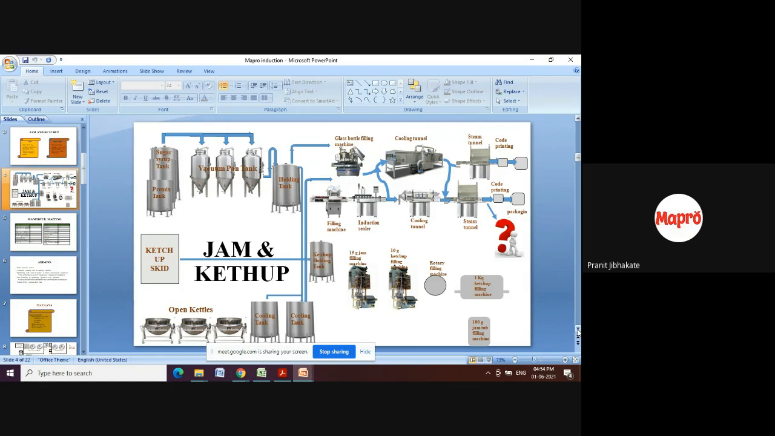Then after adding those, we again boil it to 40 to 42 degree Brix. Then we add preservatives. In ketchup, color and flavor are not allowed by FSSAI. In jams, jellies and marmalades, colors and flavors are allowed, but in ketchups they are not allowed. Specifically colors, because in the past there were many cases of people making ketchups from